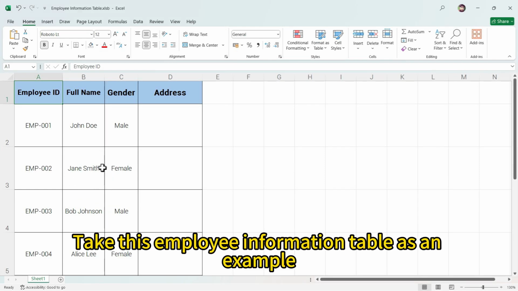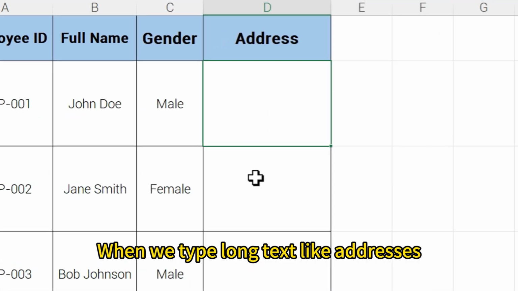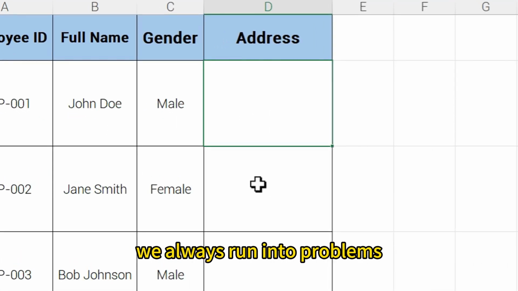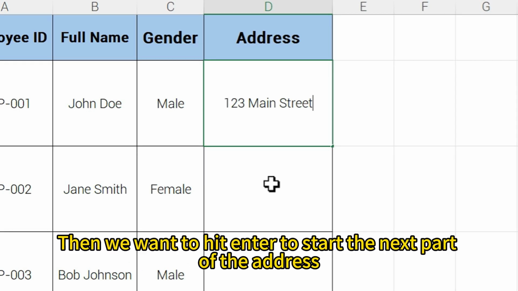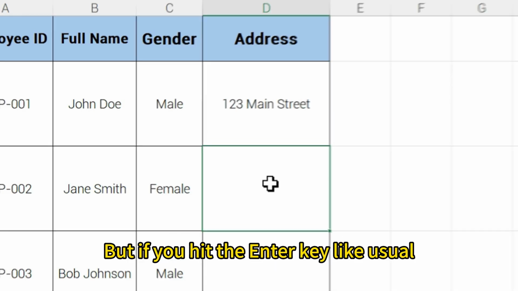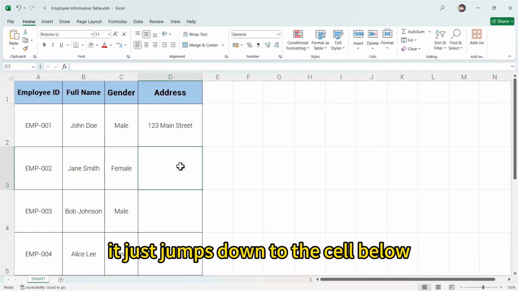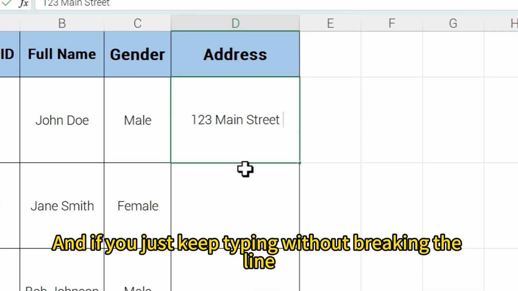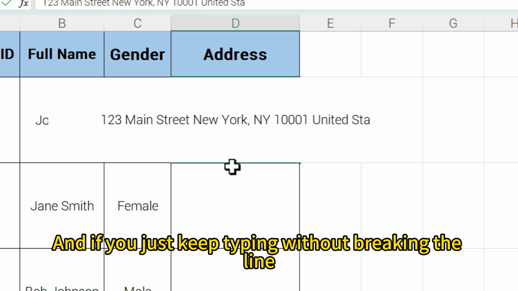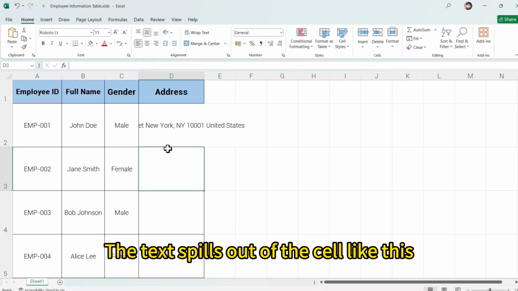Take this employee information table as an example. When we type long text like addresses, we always run into problems. Let's say we type the street name, then we want to hit enter to start the next part of the address. But if you hit the enter key like usual, it just jumps down to the cell below. That's so annoying. And if you just keep typing without breaking the line, the text spills out of the cell